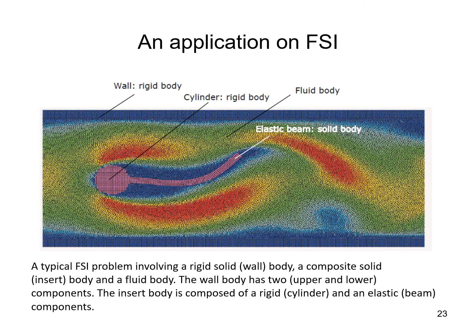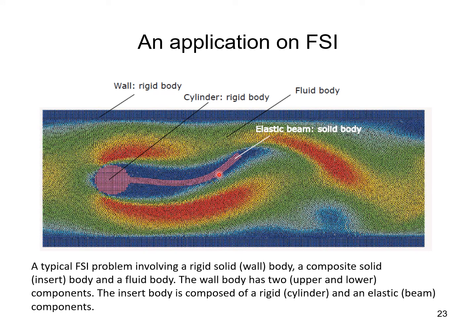Here is a typical application on a flow-structure interaction problem. For example, in this case, we consider one channel with a wall, and in the channel there is a flow, and within the flow we have an inserted body, which has two pieces. One piece is a cylinder head, and the other is a tail. When the flow goes into the channel, the solid body and the tail will interact with the